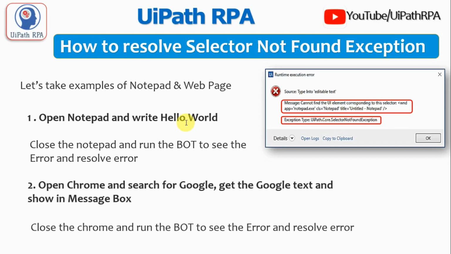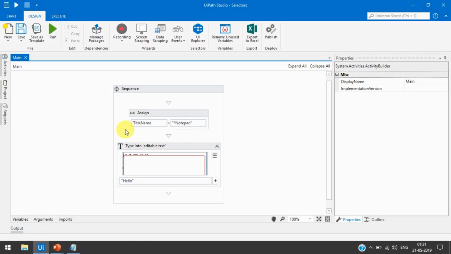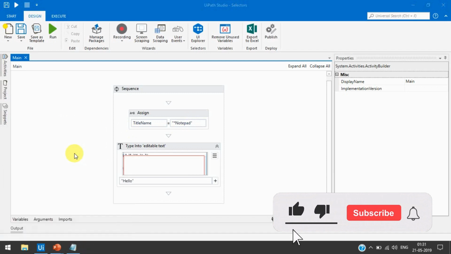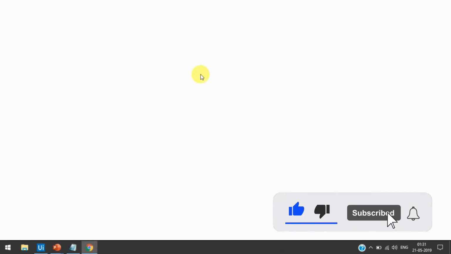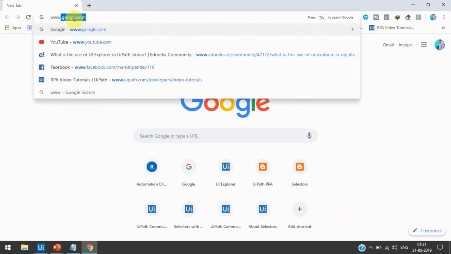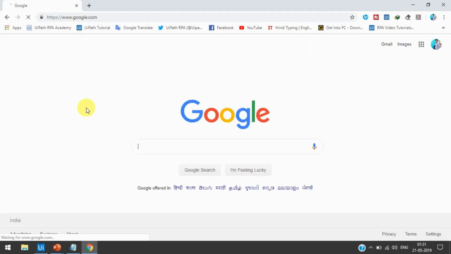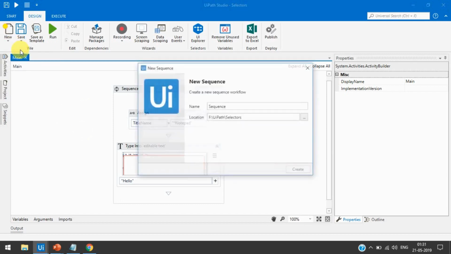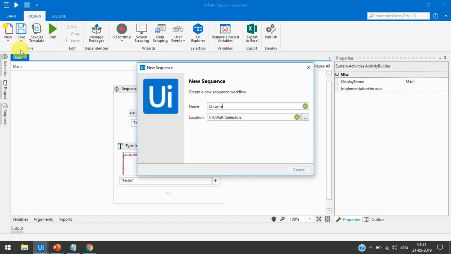Second example, we'll take open Chrome and search for Google, get the Google text and show it in a message box. For that, first we'll open Chrome here and write google.com, and then take one new sequence, Chrome.